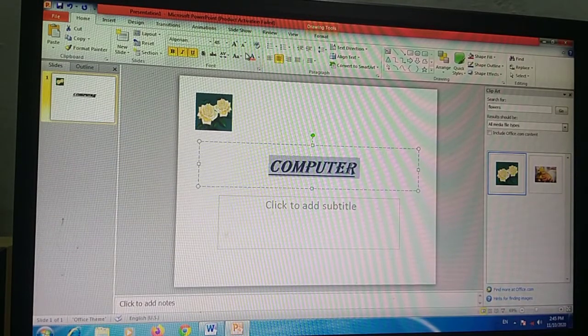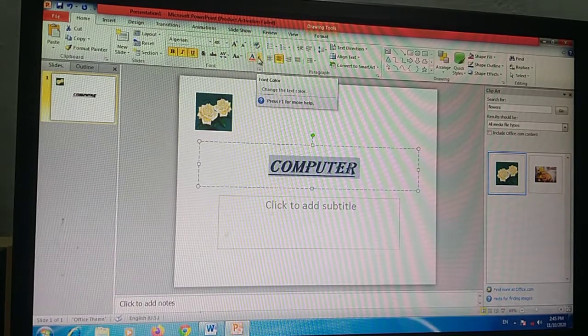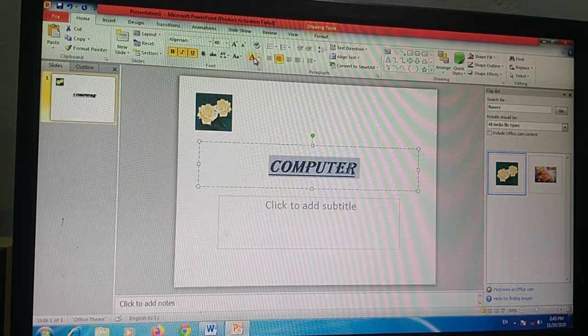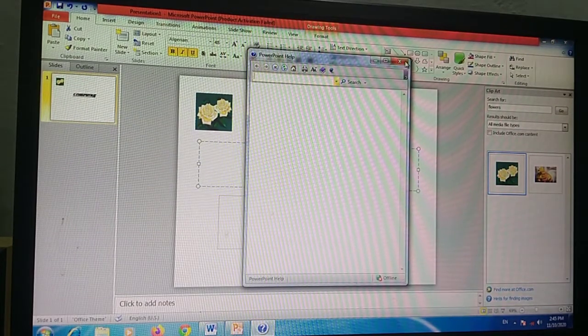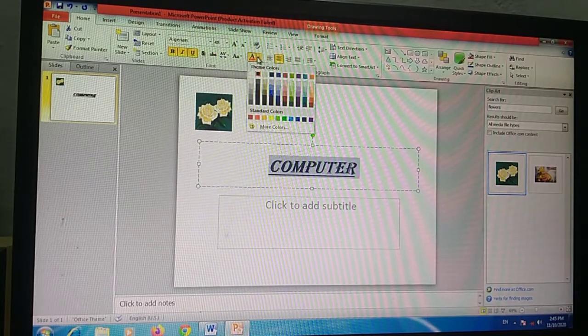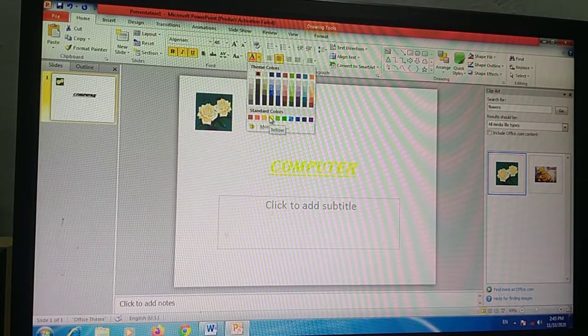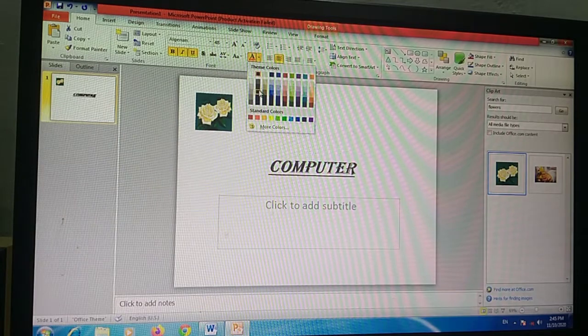After that, click and select a color to change the text color. You can also use a direct key, and when you press it, the colors will appear in front of you. You can select any color, yellow, red, whatever you want, from here.